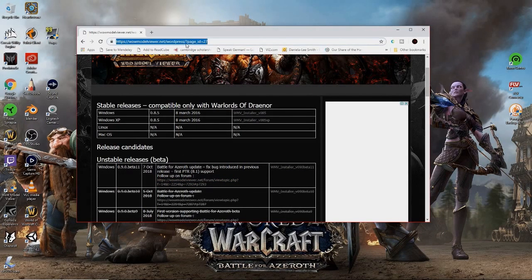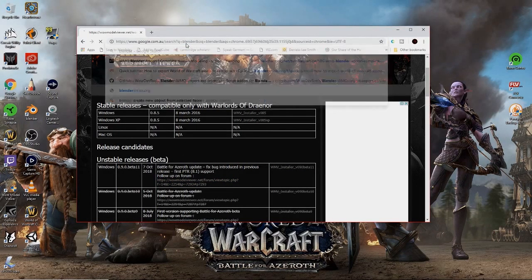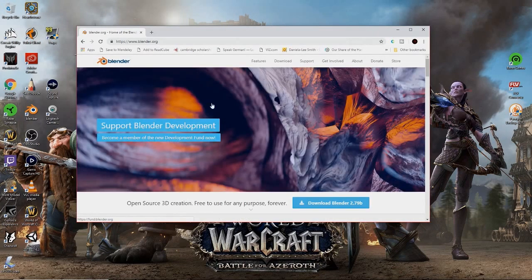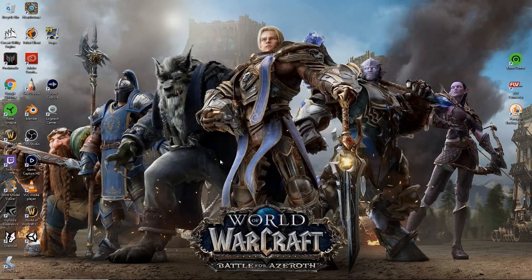All right, then we're going to go to Blender. Now, it should be the first thing that comes up. If you just get a whole bunch of images of different blenders, well then, I'm sorry, but it's blender.org that you want to go to. And you want to download Blender 2.79b. Cool. So if you haven't done that, go ahead and download that. And now we're ready to